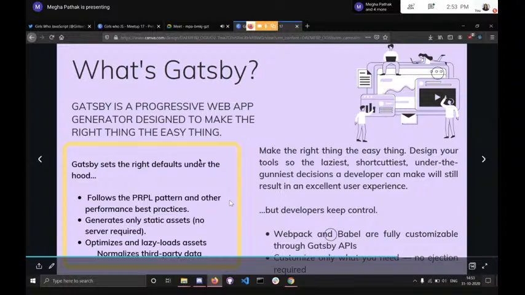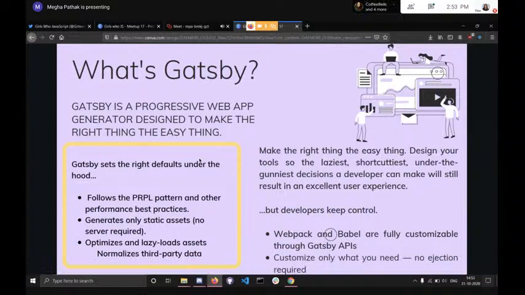But the very big thing with Gatsby is that even when all the things are set up by default, the developer has full control over it. So Babel and Webpack are fully customizable using Gatsby APIs. If you want to, you don't need to alter all the settings of your